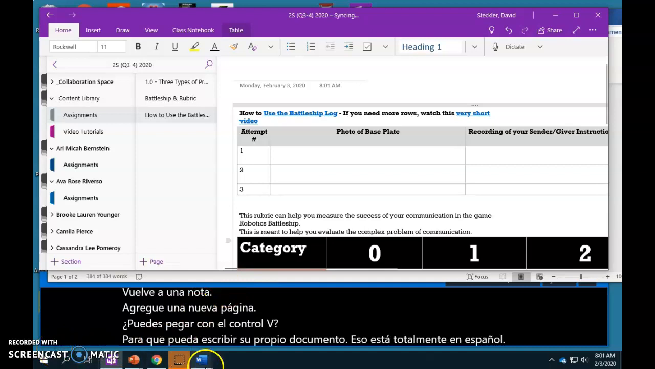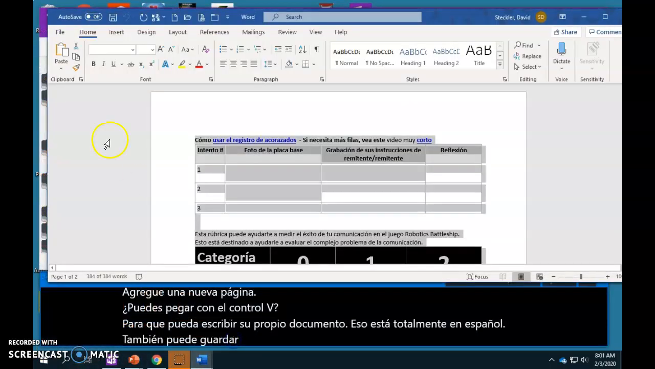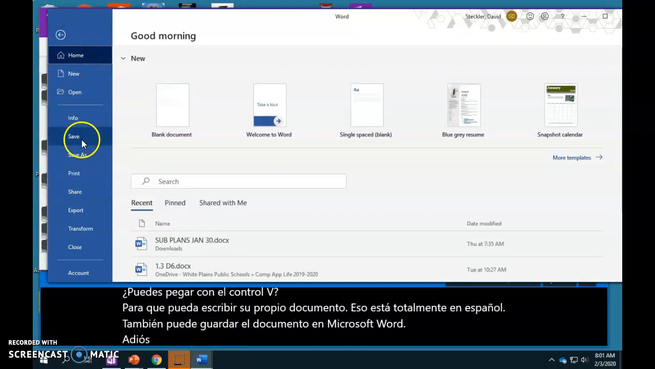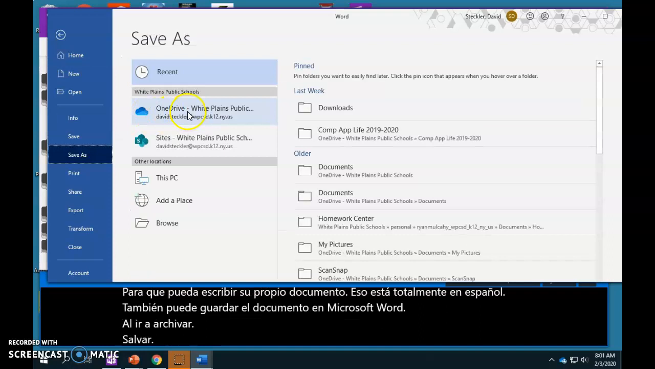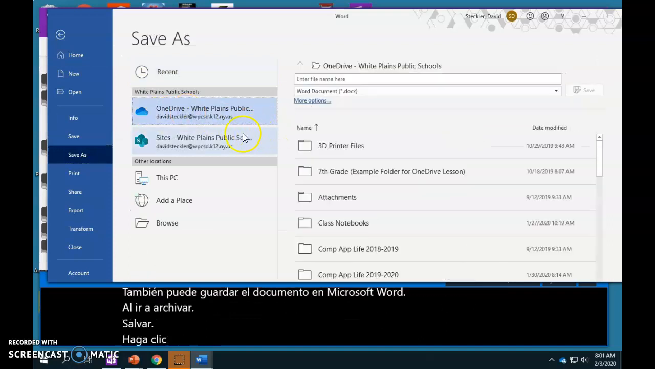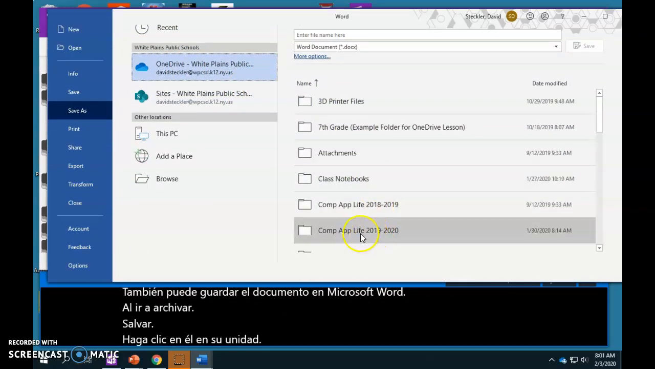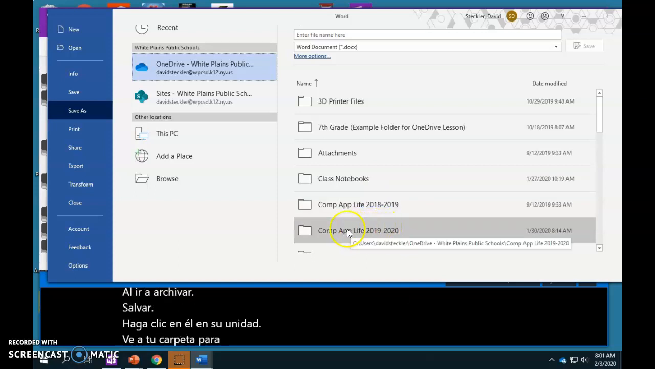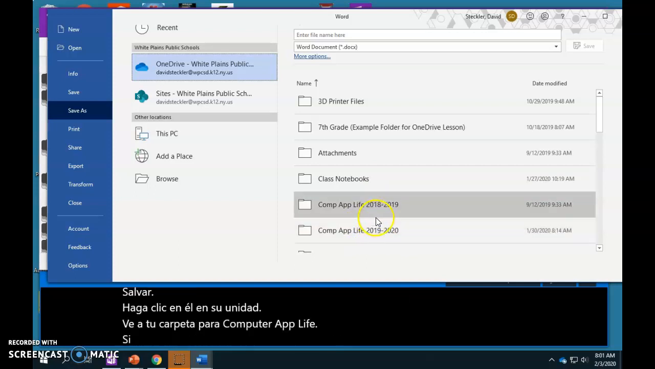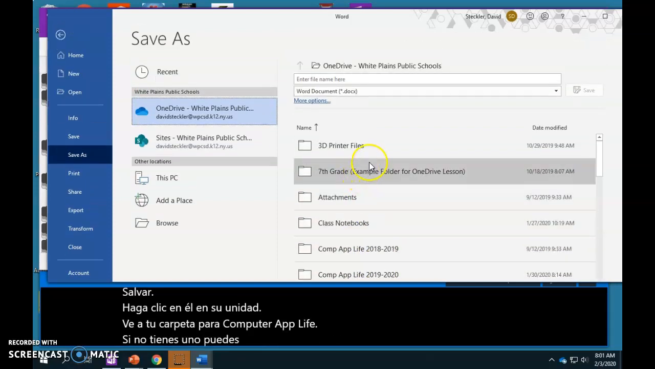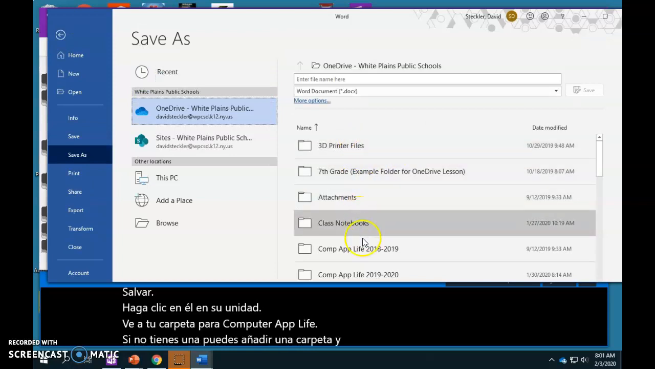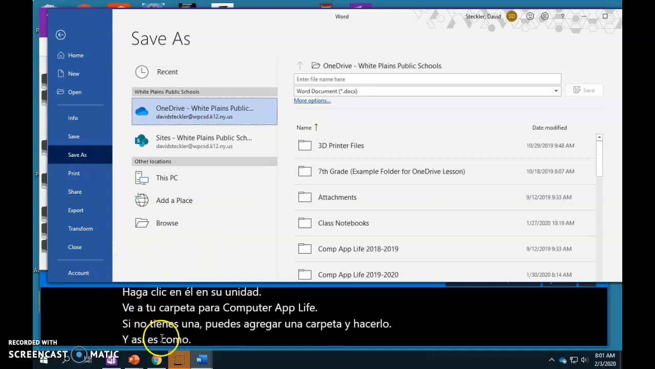You also can save your document in Microsoft Word by going to File, Save, click it on your OneDrive, go to your folder for Computer App Life. If you don't have one, you can add a folder and do that. And that is how you get your document in